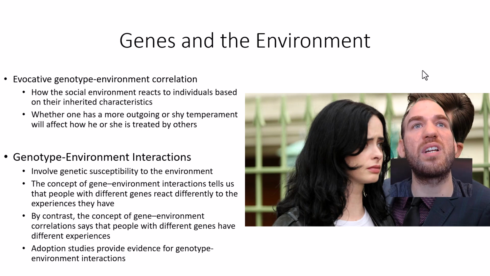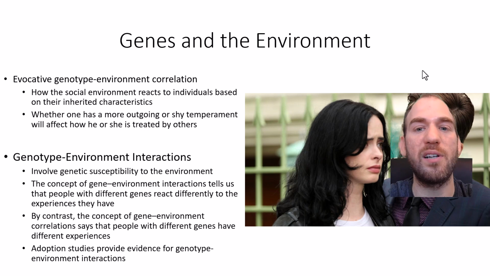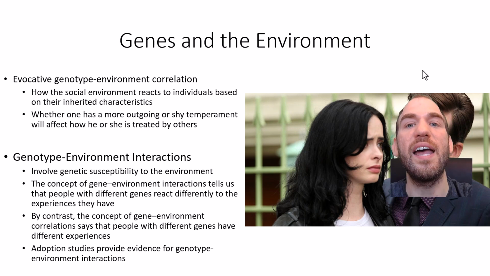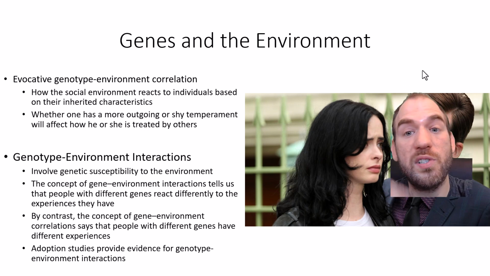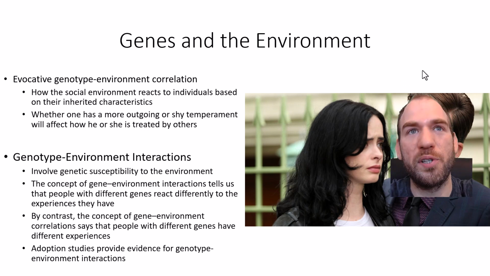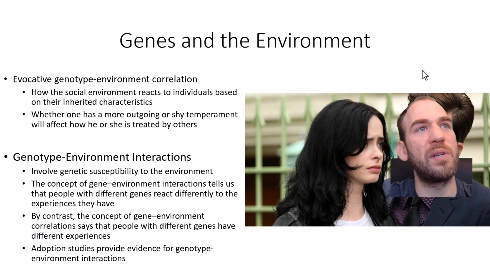Imagine two people with different genetic predispositions in the exact same environment, in the same rave club. One of them is reacting very positively, and maybe the other one is reacting very negatively. Maybe they hate raves. They don't want to be there. Or maybe someone has some kind of genetic predisposition to aggression, and we're at a rave and everybody's bumping up against us. And the one person is like, woo, this is awesome. This is a great time.